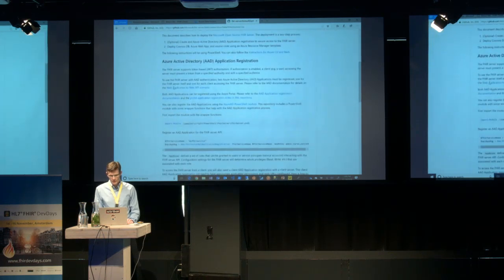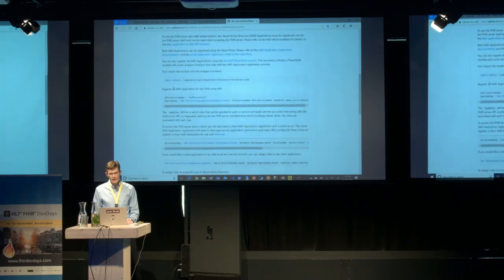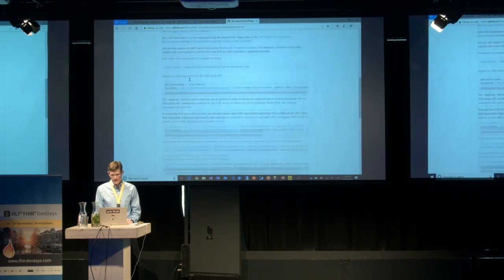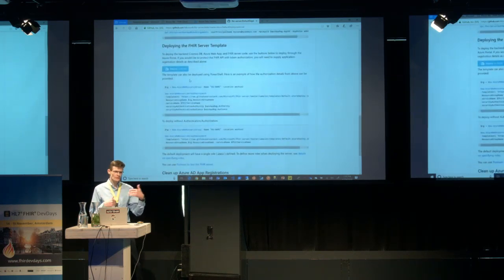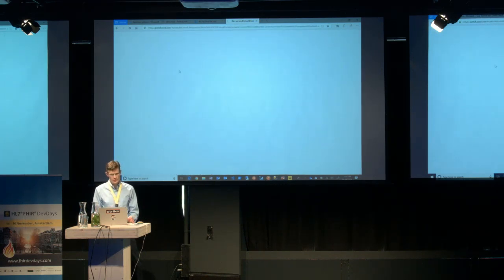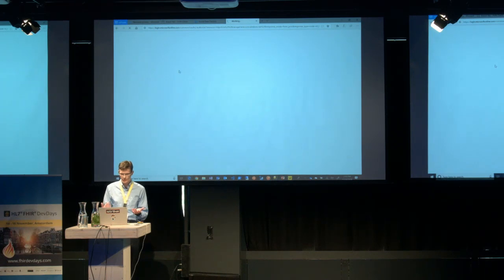In these deployment instructions, there's a little bit of a write-up of how you would configure the Azure Active Directory components that you need in order to get authentication and authorization to work on this server. We're providing some command line tools for automating that. If you want to, you can also do that through the portal. And then you can deploy the FHIR server, and again, we're providing command line instructions, and you can also do it through the portal. So what I'm simply going to do here is click this deploy button,